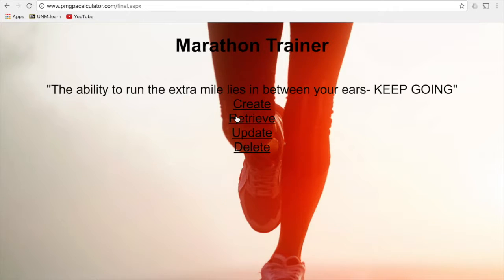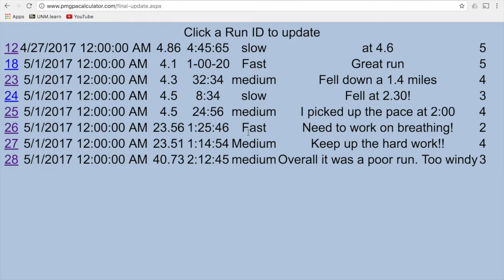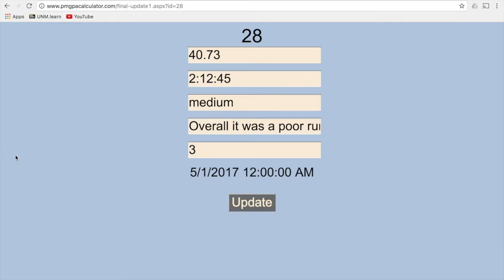Okay, so for the update page, if you wanted to update one of your runs that you've already entered, you would just click on the update link. So let's go ahead and update our most recent run. So in here, say instead of running 40.73, we ran